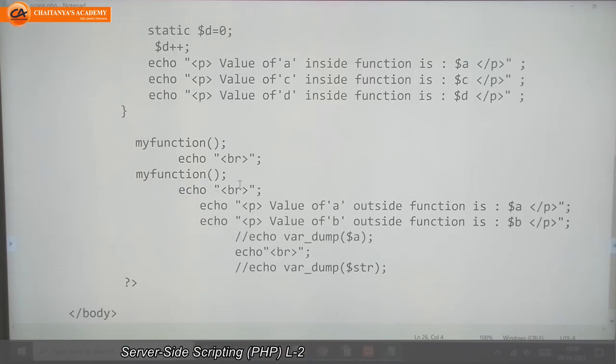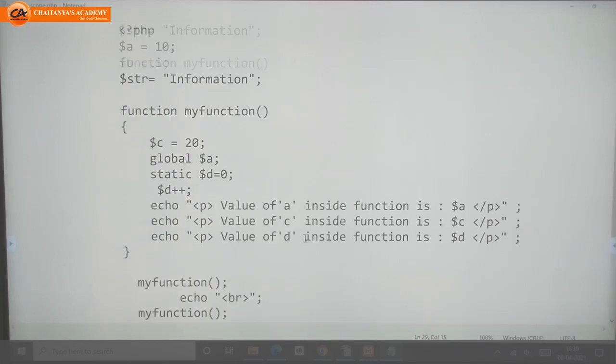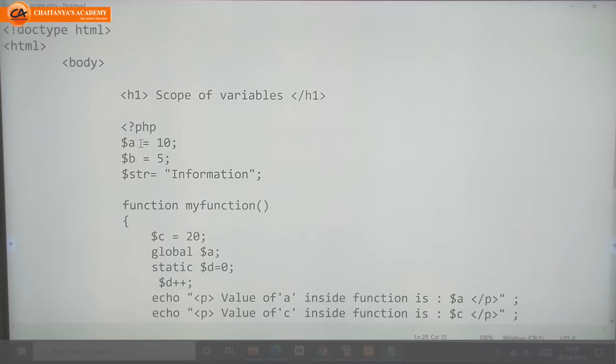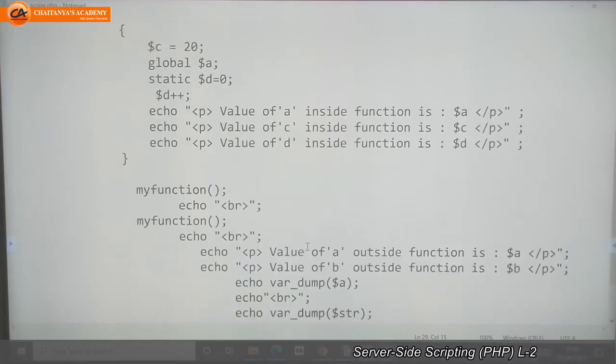Now next, if you want to know the data type of a variable, we have one function, that is var_dump. Here I didn't declare a data type. Immediately I am assigning the value here. So I want to know the data type of those variables.